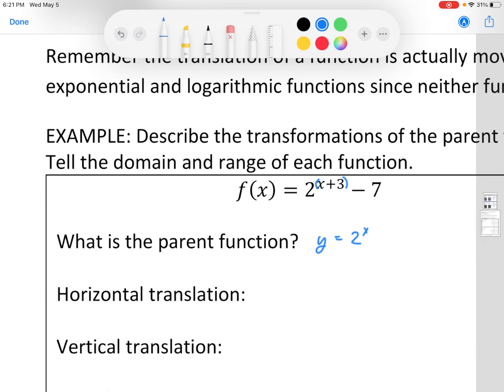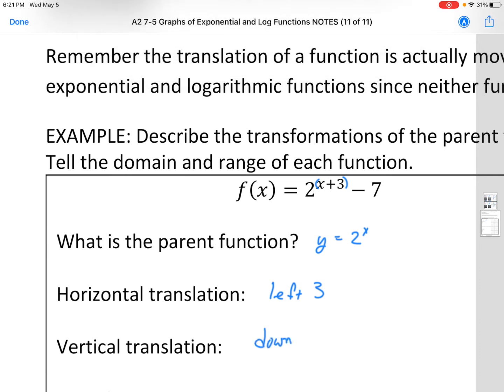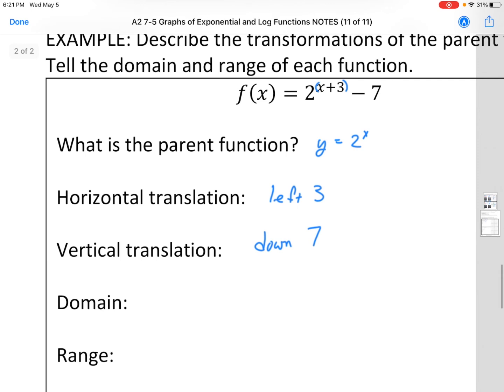But I've translated this one left 3. Remember, that's inside, so inverse. And I've translated it down 7. So to be able to see what that is going to look like, before we address the domain and range,